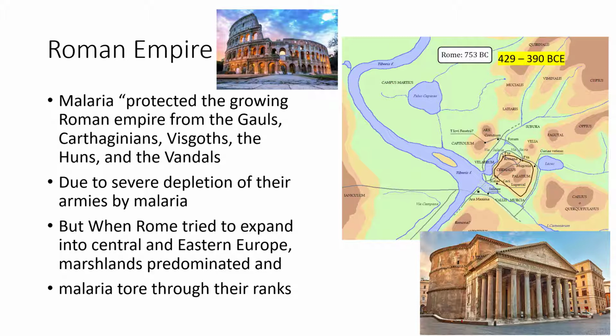and lots of malaria. As the Roman Republic grew in power and eventually became the Roman Empire, those malaria-laden mosquitoes were some of the city's greatest allies. Between 390 BCE and 429 CE, they helped ward off one invader after another: the Gauls, the Carthaginians, the Visigoths, the Huns, the Vandals. Some of the invaders, like the Gauls, were able to sack Rome, but subsequently had to retreat because their forces were so depleted by malaria. Others, like the Carthaginians, never even got that far before the mosquitoes beat them back. Without these mosquitoes, the Roman Empire might never have arisen, as the Carthaginian Empire might have destroyed it while it was still a republic.